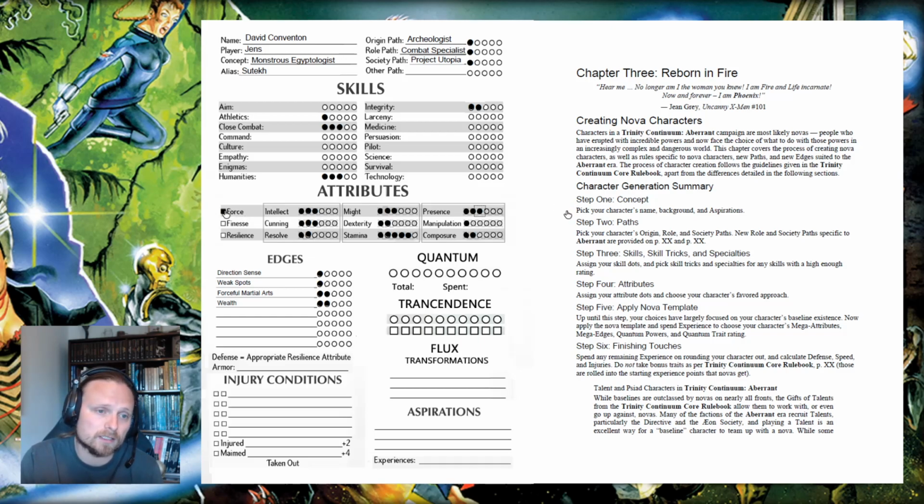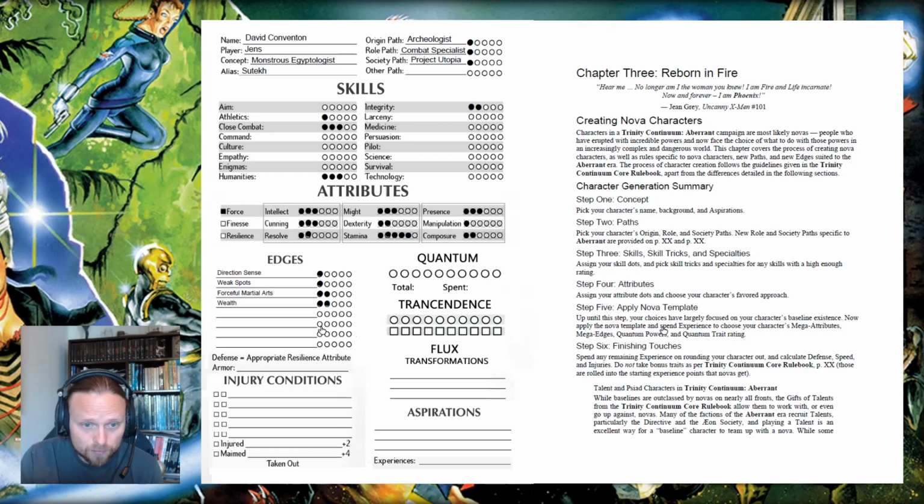And as far as I can tell, choosing your favorite approach just gives you a single dot of attributes, and really it could have been placed either way. So it's mostly fluff in that sense, because it simply alters the minimum amount of dots you need to have in that category. But yeah,